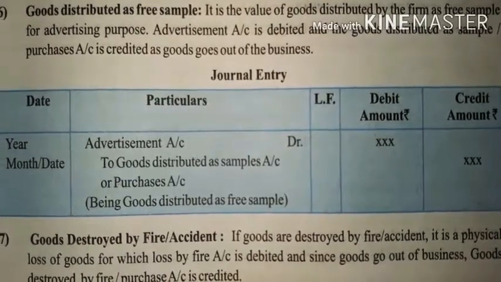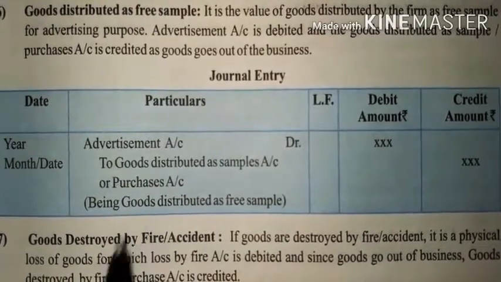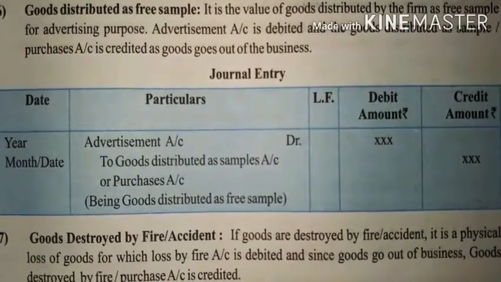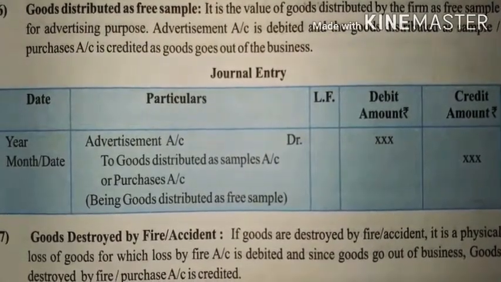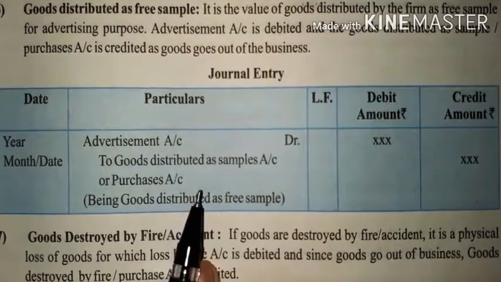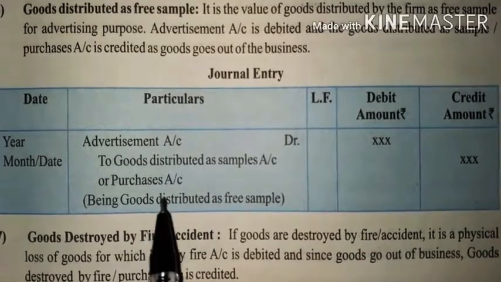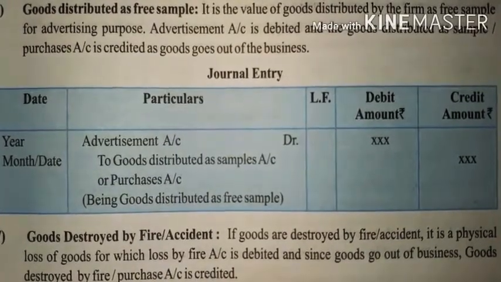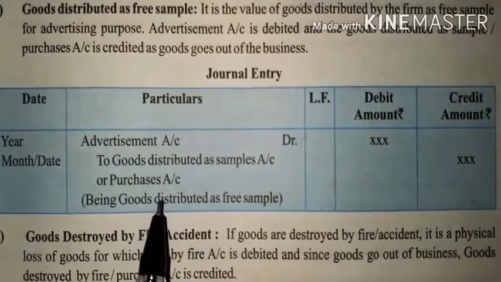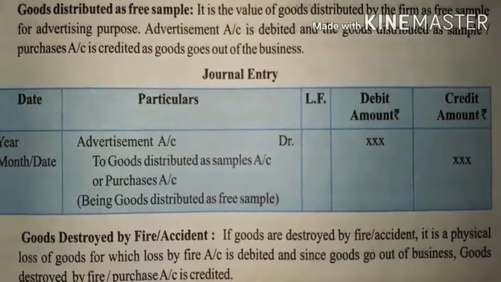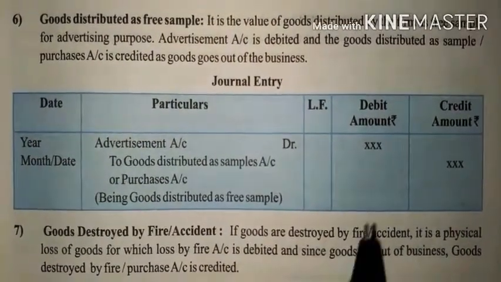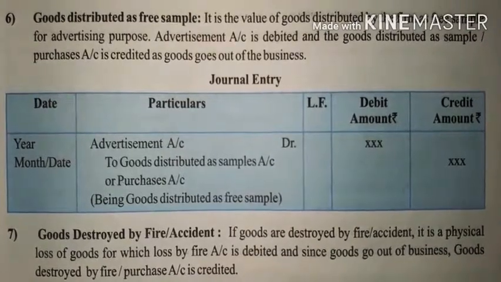Purchases account is a real account. Sorry, in the previous one I said to you that it is a nominal account. It is a real account. Debit what comes in and credit what goes out. So here purchases account is a real account, why? Rule for real account: debit what comes in and credit what goes out. Here goods are going out of your business, so that is why the credit effect is being made over here. The amount you have to write down in the credit column.